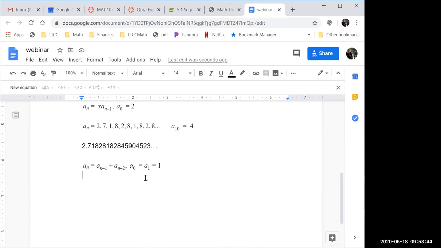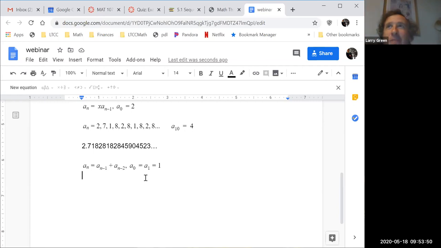Is it binary? No. It's not a math word when you're going to say it. It's a word, but it's not a math word. It's a person's name. That's a hint. Last name. There we go. Yeah, it's a Fibonacci sequence. This is a Fibonacci sequence: 1, 1, 2, 3, 5, 8, 13, etc.